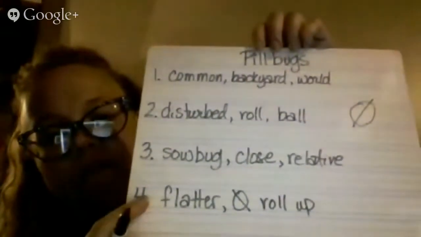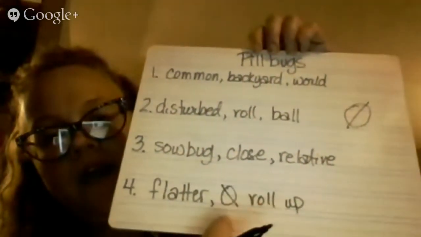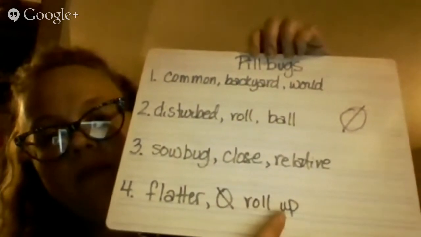Okay, I chose flatter, cannot roll up. Okay, number 5, I'm turning over to the next side of my whiteboard, and I'm not going down a row because I left one on the other side. So I'm going to start up at the top. Number 5, the sentence reads,